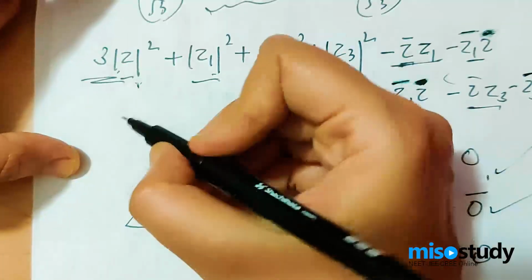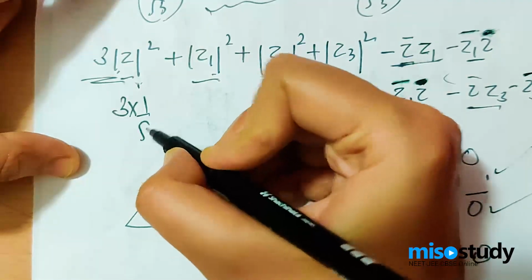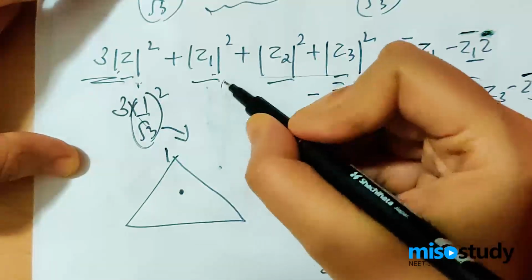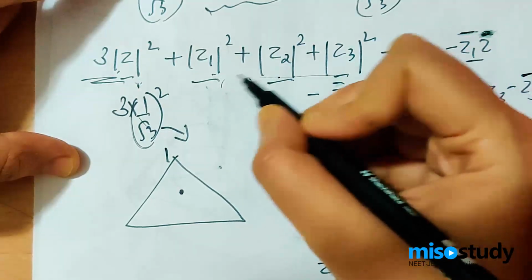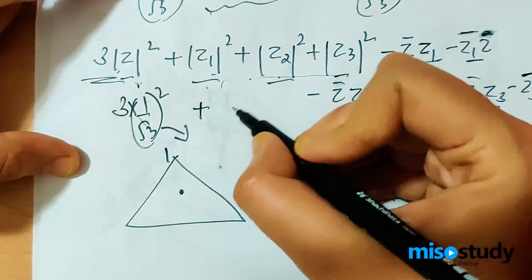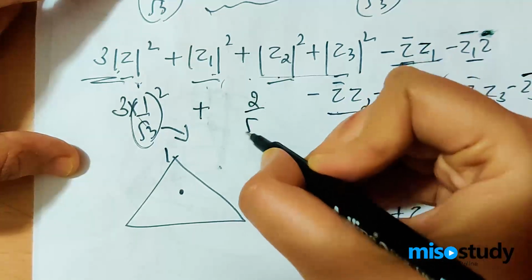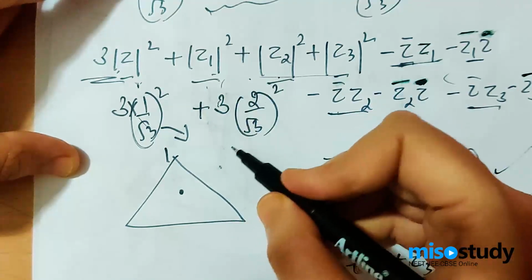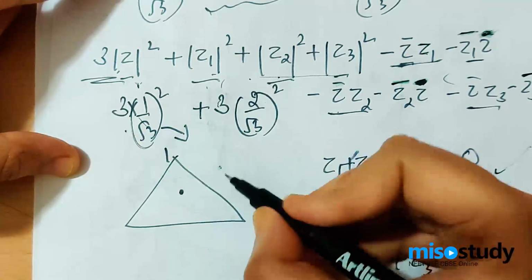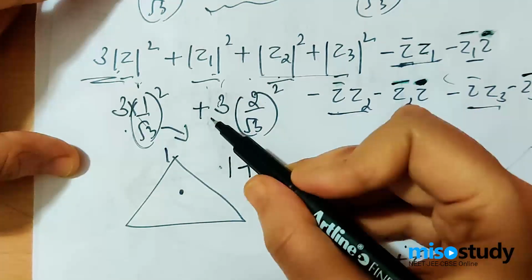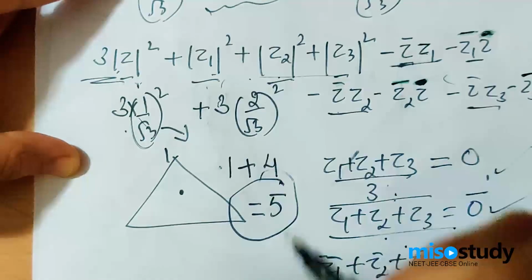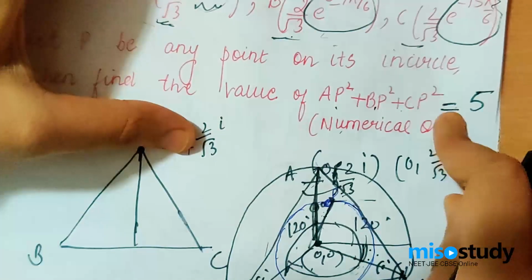So basically this we know is 3 into (1 by root 3) square, which gives you nothing but 1, and this is nothing but z1 plus z2 plus z3, since all of them are equal to the circumradius, which is 2 by root 3, and square it, multiply by 3 times. So the entire thing is converted to 1 plus 4, the 3 gets cancelled. So the answer to this particular question is 5. Okay, so the answer to this would be 5.